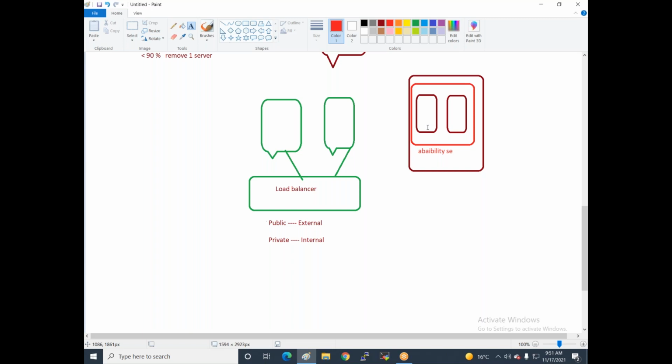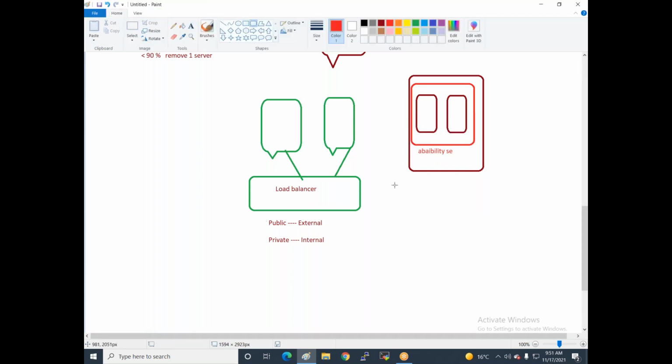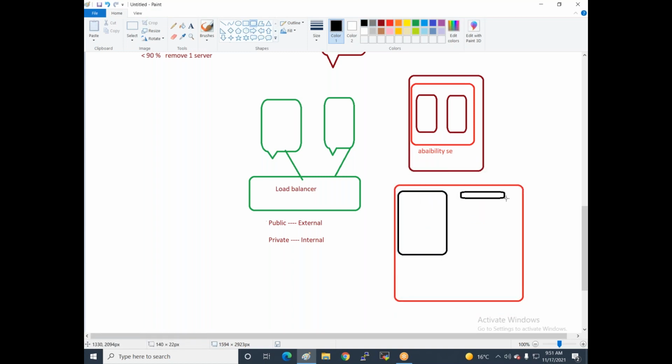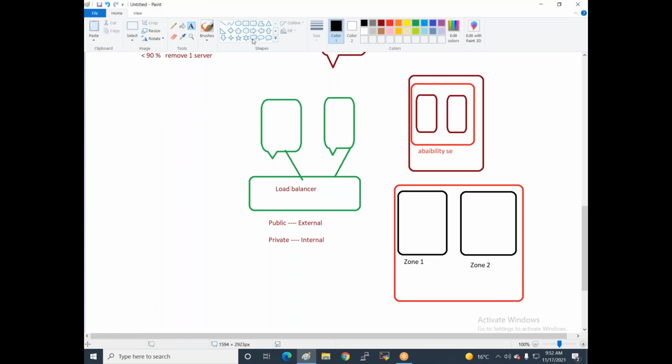But when your servers are deployed within a region but in different zones, like this is my zone 1 and this is zone 2, it does not require the availability set. We don't need the availability set.